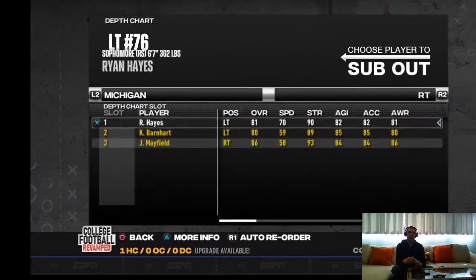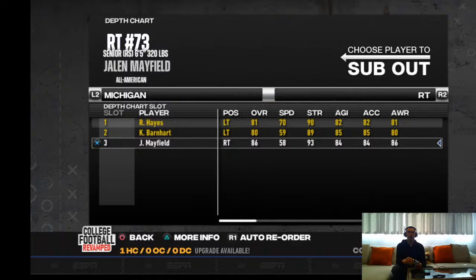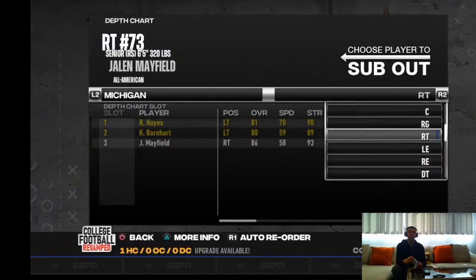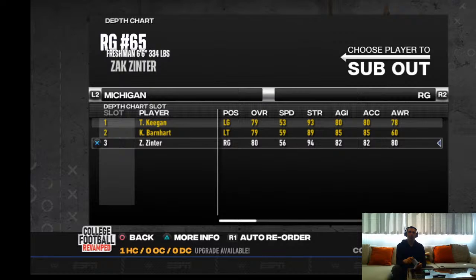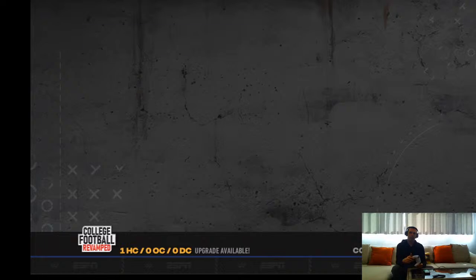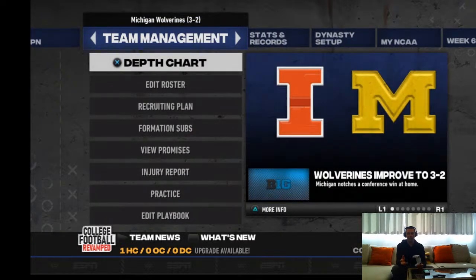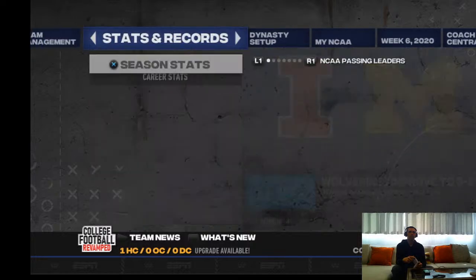For the other guy, he's a senior, Mayfield, so he'll be gone anyway. But a big blow, because we have good backups, and the right guard won't be a huge loss, but Mayfield, we do run off of him quite a bit. So just an adjustment we'll have to look at there. So I benched those guys. I guess technically they could still get in, but that's what we're doing there.